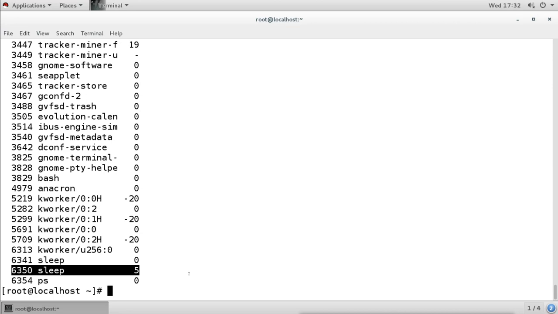So same as if we want to run a process with a nice value, we can mention the nice value by using this nice command. By default, when we run a process, it will get a nice value by default. The default mostly is 0. System processes run by default, they will get the default values. But if we want to run a process with a specific value, then we can use the nice command with the -n option, and then we can mention the level which we want.